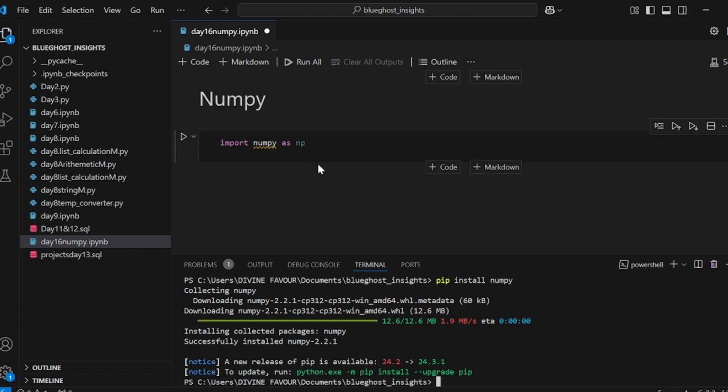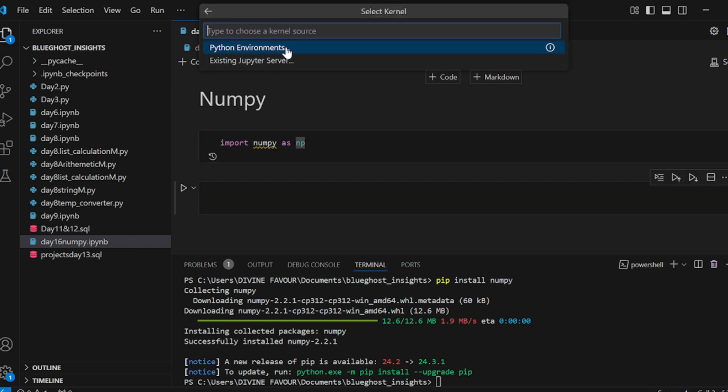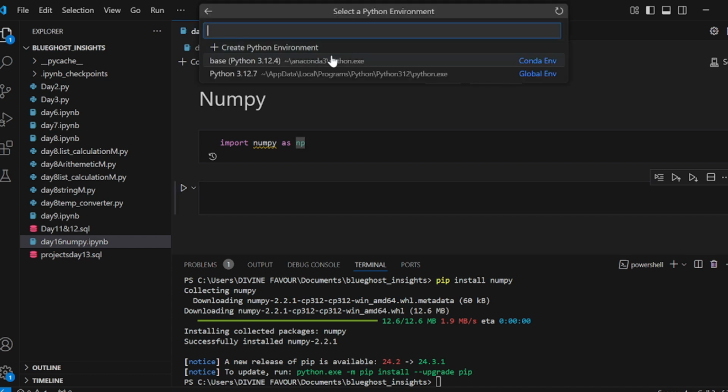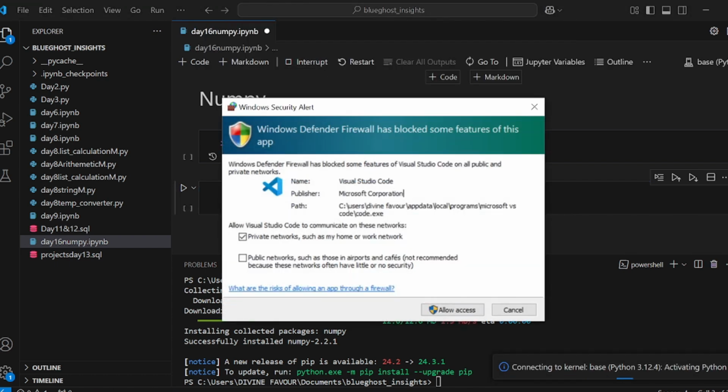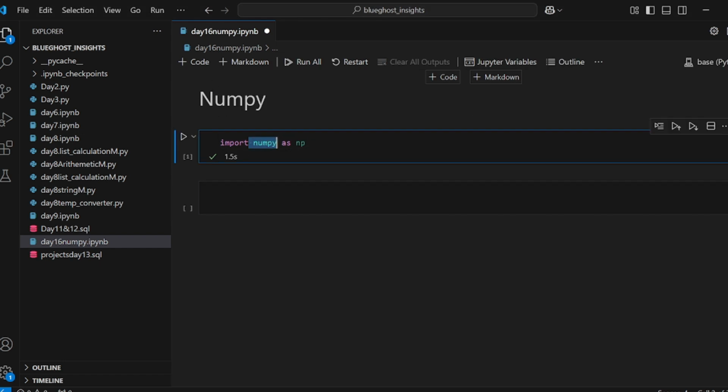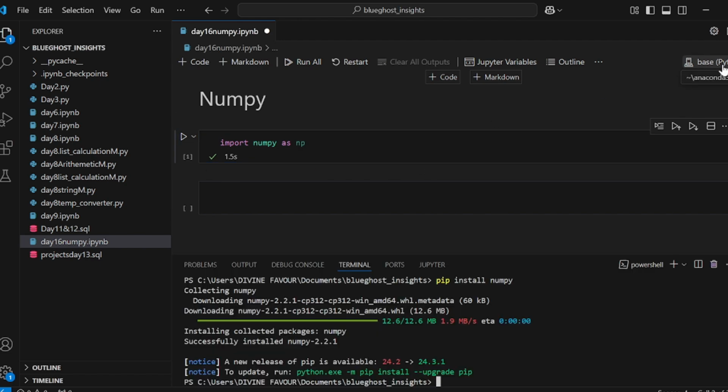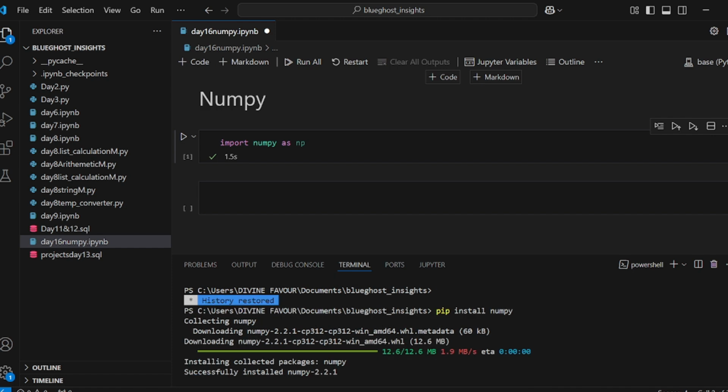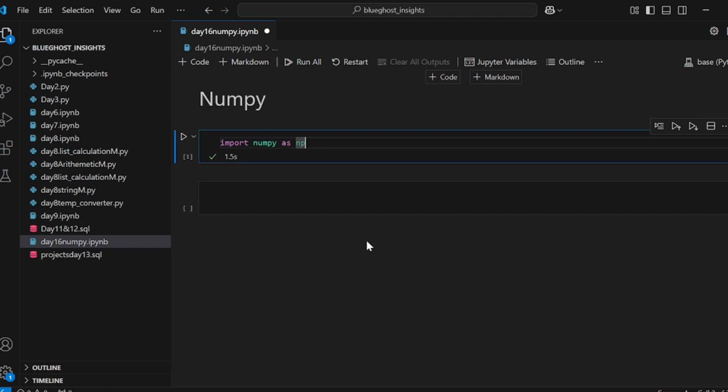The next thing we're going to do is to come back here and run it. So it's going to ask you to choose your Python environment. Click on this, then you choose this particular base Python. So it's done. As you can see, we already have our library installed. Like I said, I'm going to take you guys step by step, like how everything is being done. So NumPy is installed already, and that's why this particular code is checked. If yours is having issues, make sure that you install the necessary package, which is pip install numpy. If not, it's not going to work at all. Okay, now I can use this package. I already installed the toolkit, it's already in my environment. Now it's time for me to implement it and see how we can work with it as well.